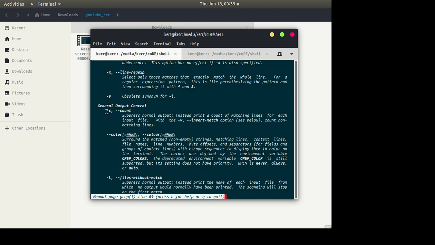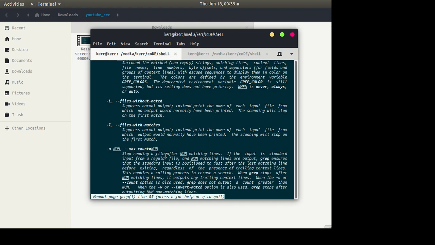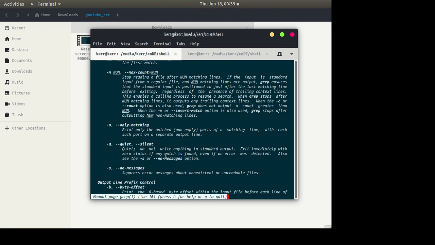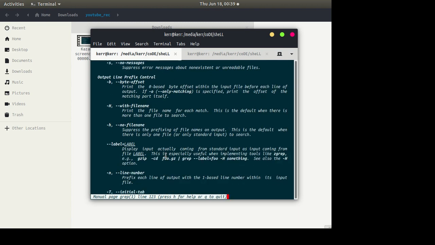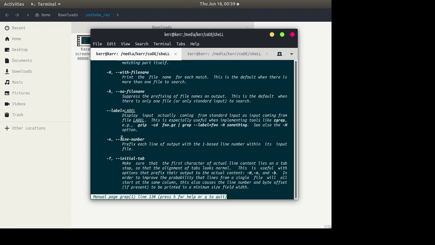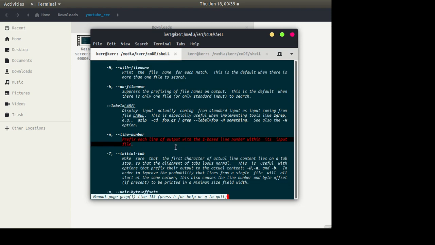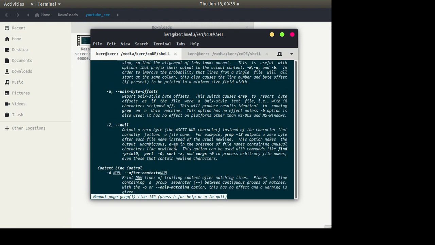By using the -c option, it will show you the number of lines that the pattern matches, and there is the -n option as well. That will show you the line number of the actual line that contains the string.